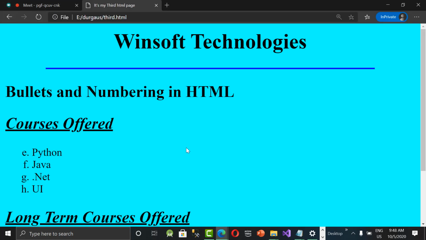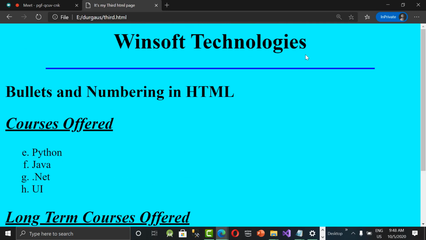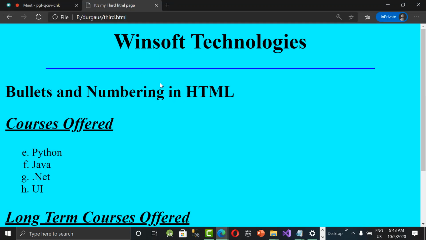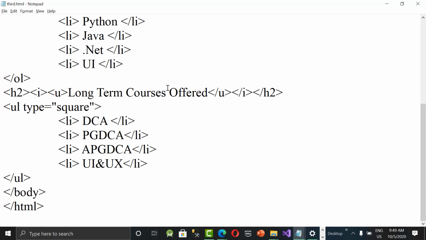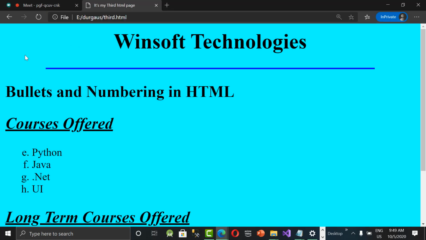Yes, this is the way to work with the HR tag, horizontal ruler. We need not give any end tag for this HR. You can give a self-ending tag or you can leave it as it is, no issues. Then let's go for a small tag called marquee tag. If you want to give any text, marquee means scrolling text. Suppose I want to give some scroll text here, left to right, I want to animate some text here. Then we can use the marquee tag.